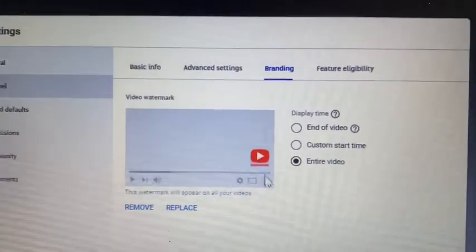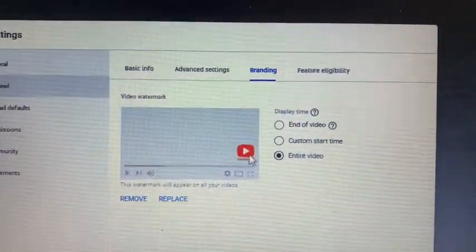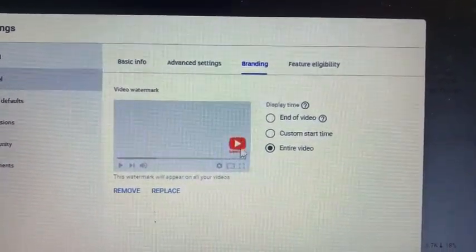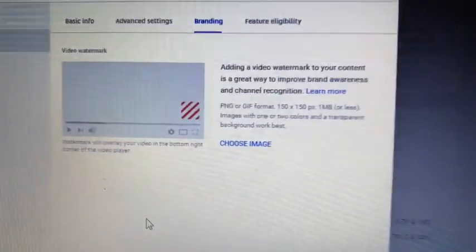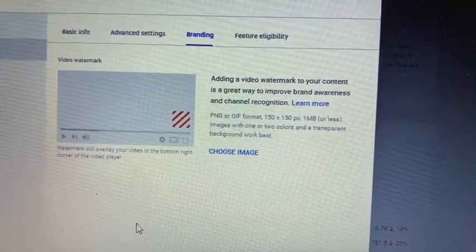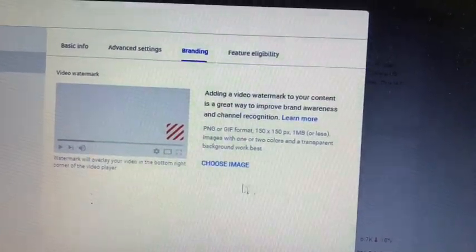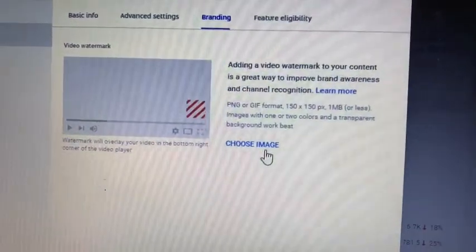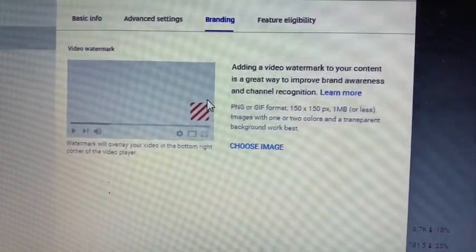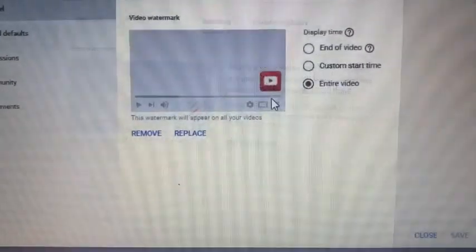So this is my existing video watermark or custom subscribe red button. Let's remove this. If you don't have any existing video watermark or custom subscribe button, this is how it looks without any video watermark. So what you have to do is,